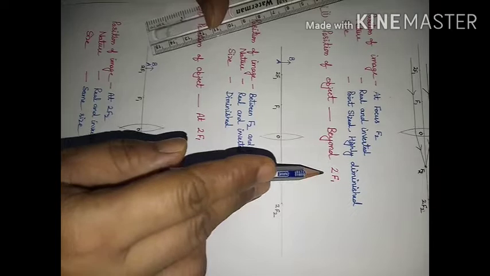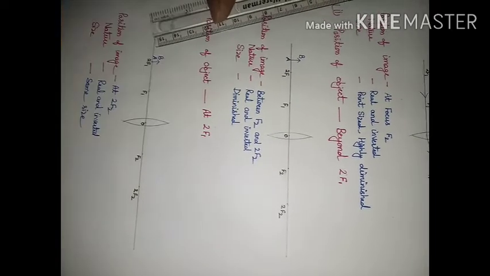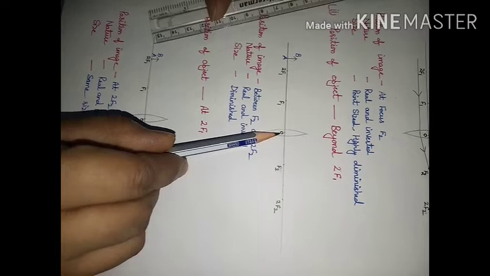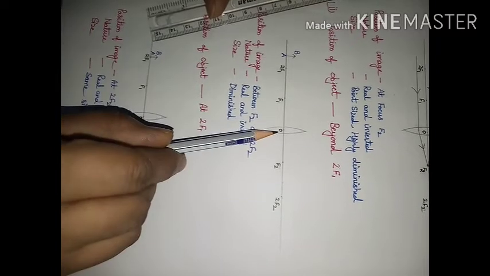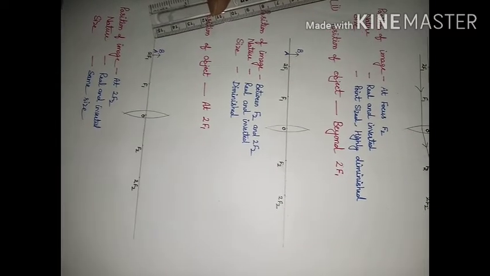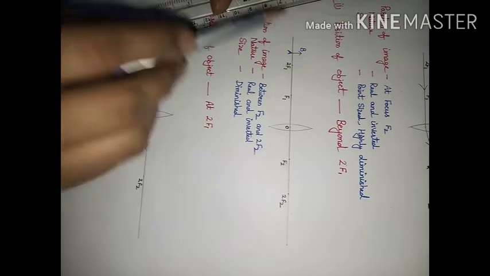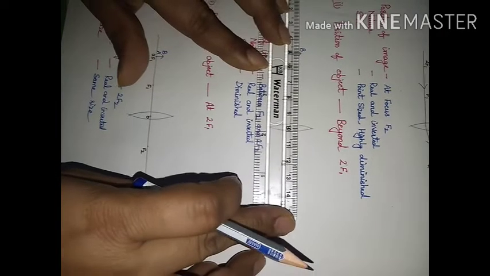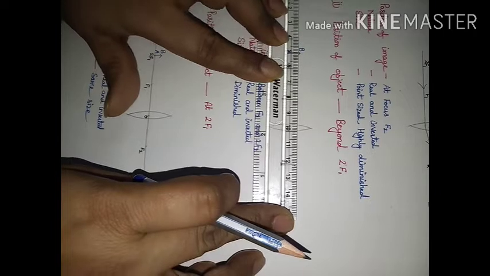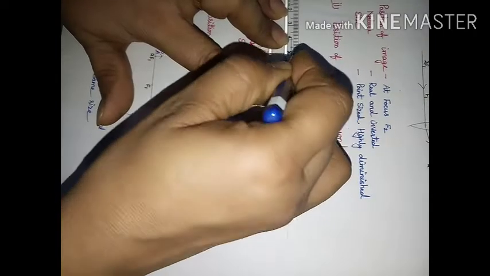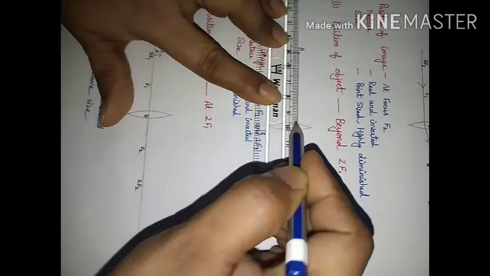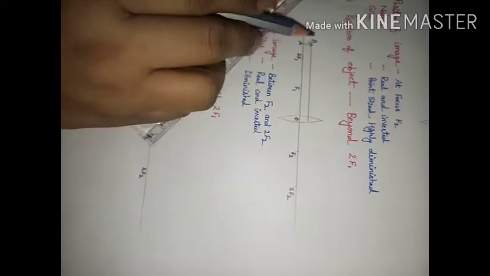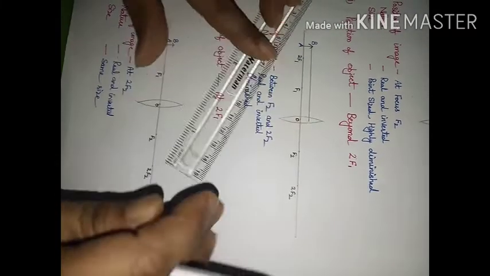When we are going to consider the object kept beyond 2F, slowly and slowly we will come closer to the convex lens. As we come close to the convex lens, the image will go away from the convex lens. So this is the object AB that we have considered, and one ray of light we are going to consider parallel to the principal axis. This is the point that we are going to consider. From this point, 2 rays we have considered, one parallel to the principal axis.